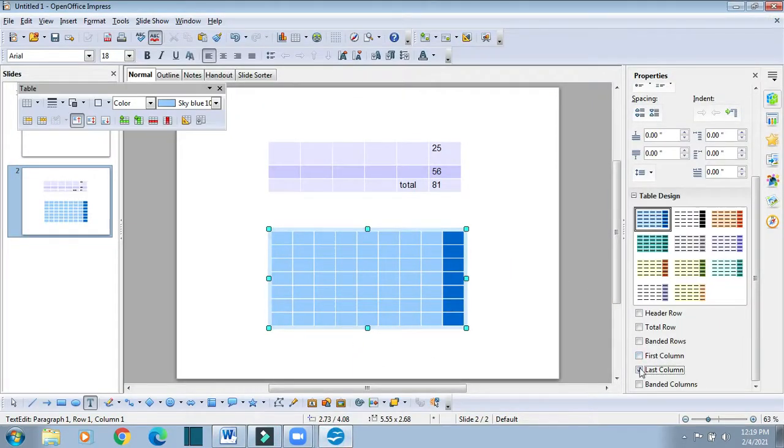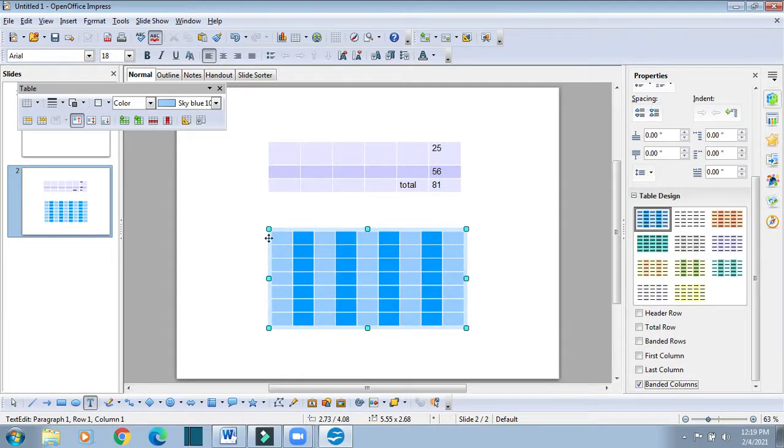So instead of last column, if I go for banded columns, you can see the first column has a different color, then the third column has the same color, then the fifth column, then the seventh, and then the ninth one. Likewise, we have the second column, fourth column, sixth column, and eighth column. So alternate columns have different colors. It makes it easier to read.